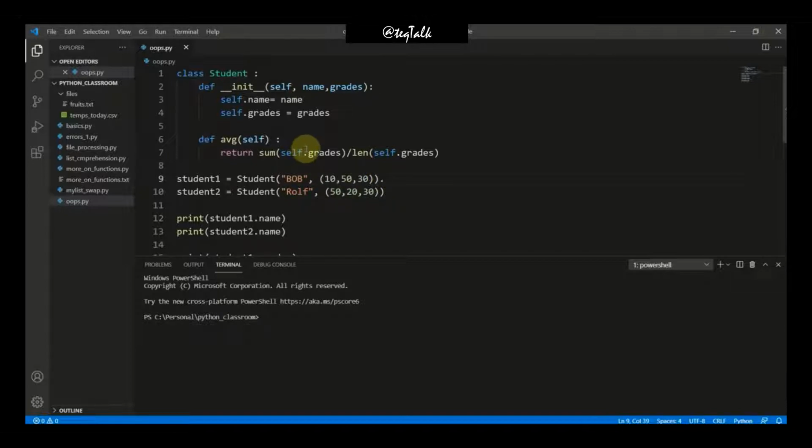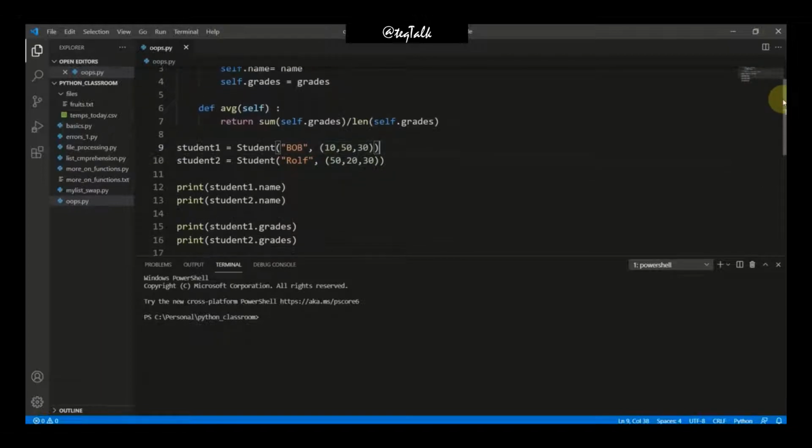So like this, we have 2 more magic methods. One is called str method and another one is called wrapper method. So what are the uses of these methods, that I'll tell you. Before that, let me show you what is the